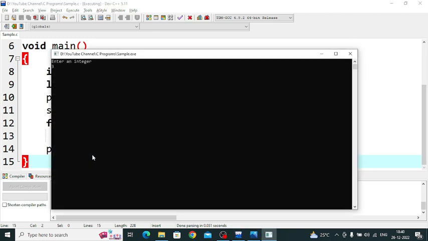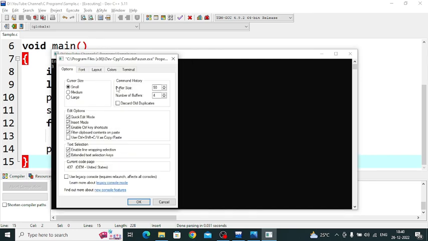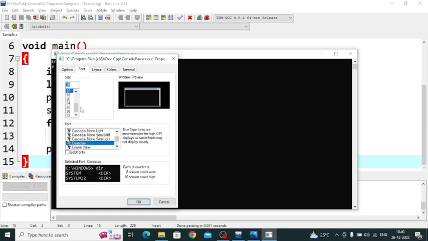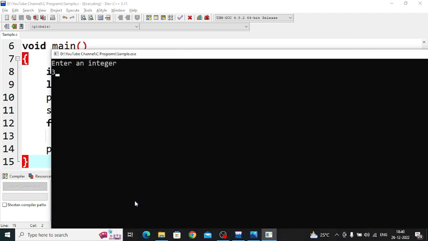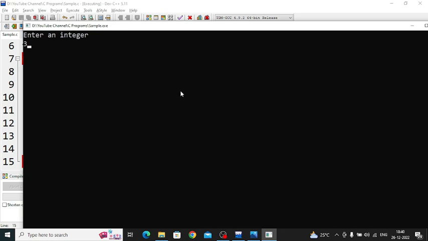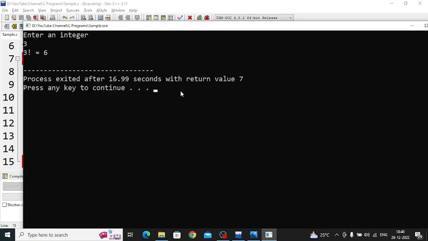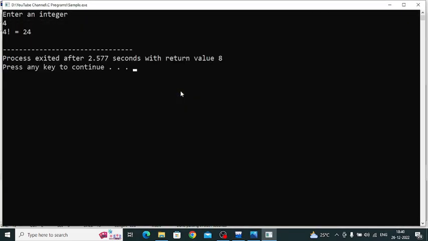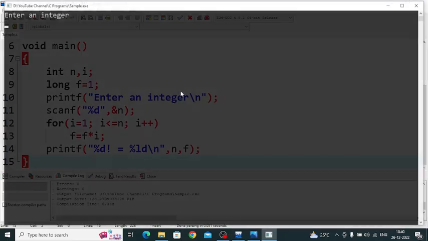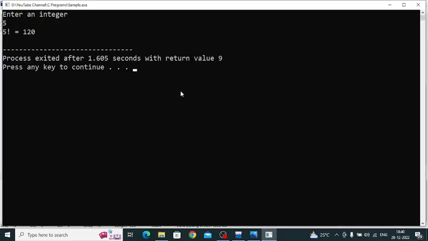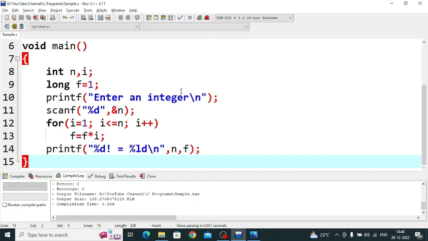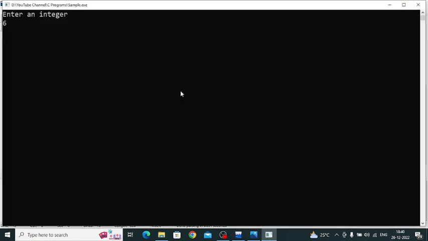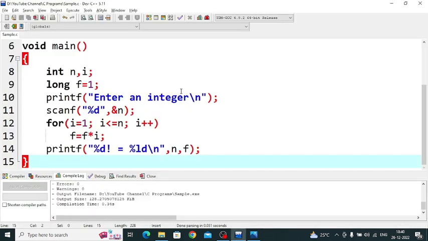Let's say 3. Already factorial of 3 is 6. Let me just increase the font a bit so that it will be properly visible. Yeah. So enter an integer, 3. You can see 3 factorial is 6. We can repeat. Let's say 4. It is going to be 24. Let us say factorial of 5. It's going to be 120. Then 6 is going to be 720. If I go further,